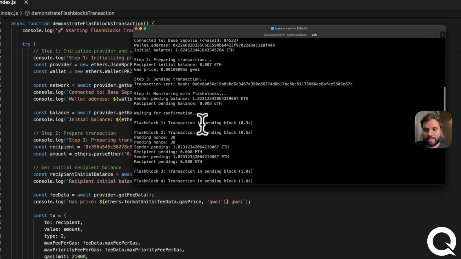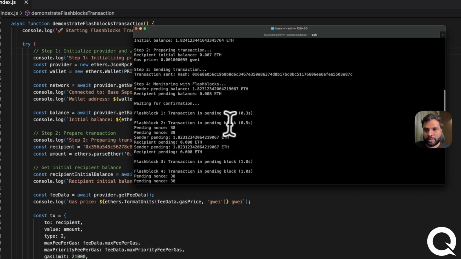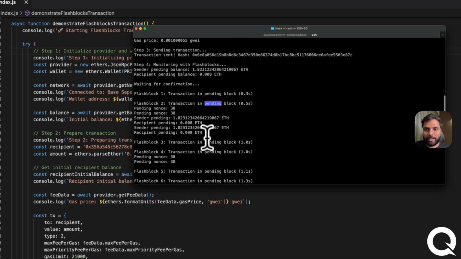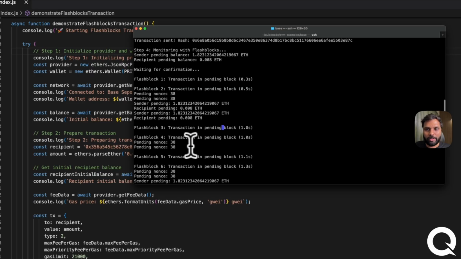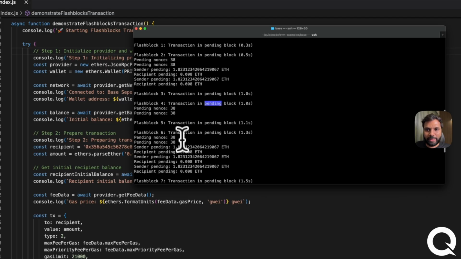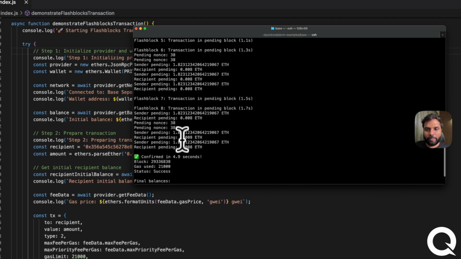So you can see transaction in pending block, Flashblock 2, transaction in pending block, then Flashblock 3 again still transaction is in pending block, then Flashblock 4 still pending block. So this keeps on happening until we reach Flashblock 8, and then after that it finally gets added to an actual Base block, which is block number